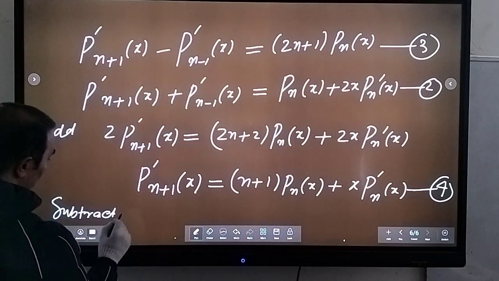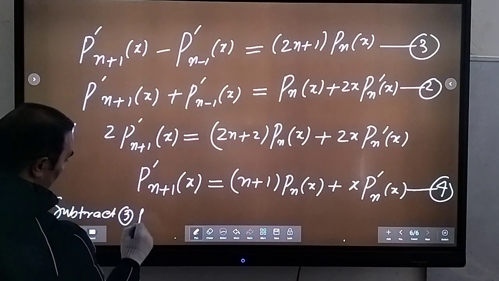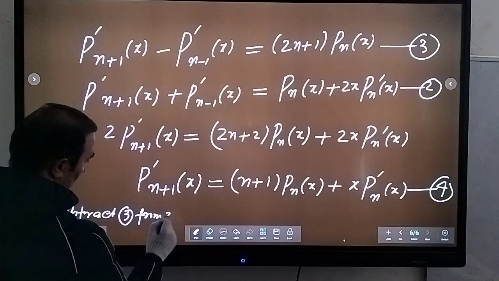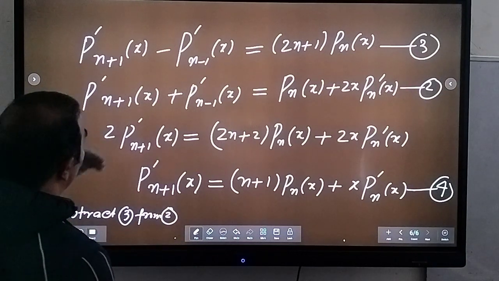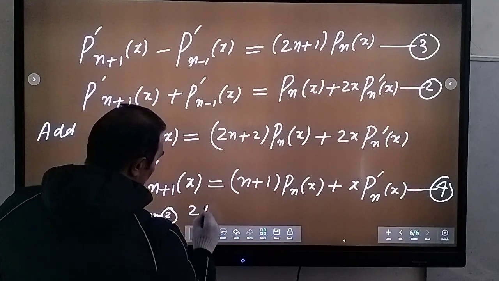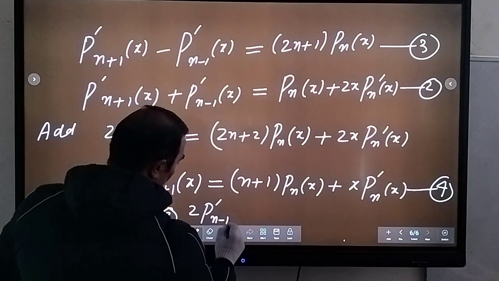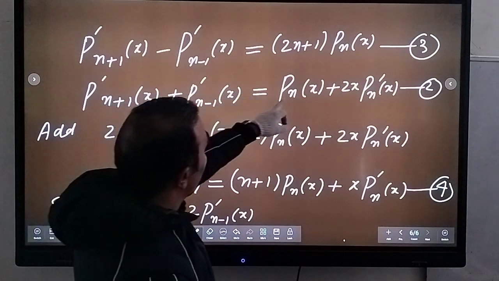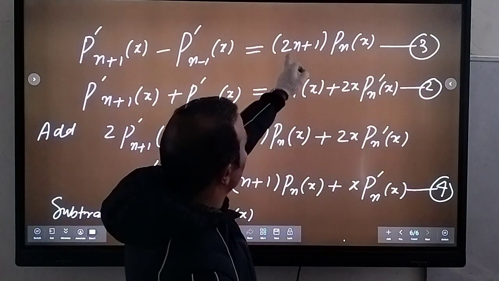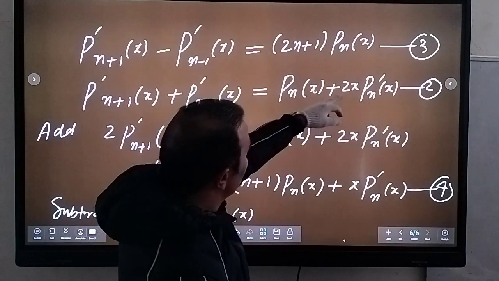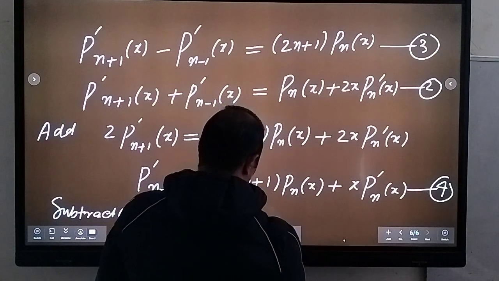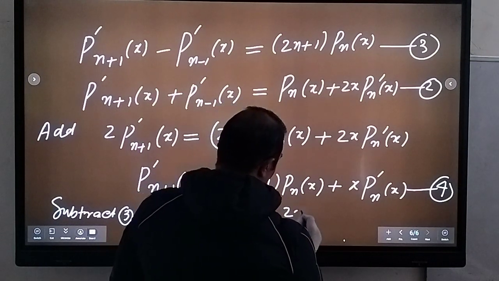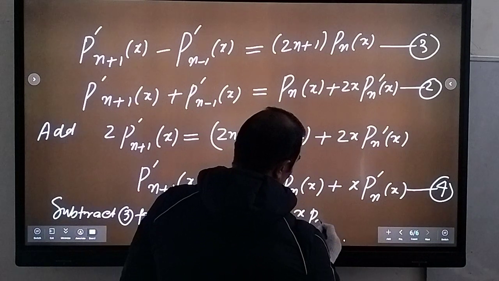I'm subtracting third from second. So I should get here twice p dash of n minus 1 of x. Because this minus this, and here, what will come? That is pn of x minus this term, so add this term. So this should be equal to twice x pn dash of x,